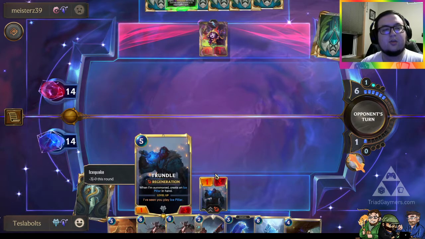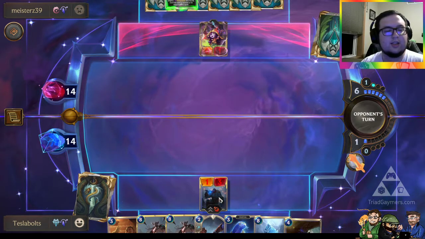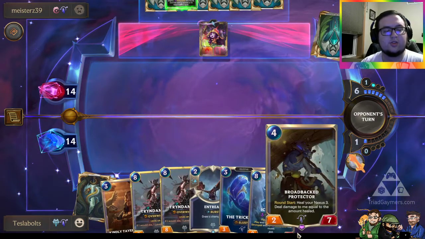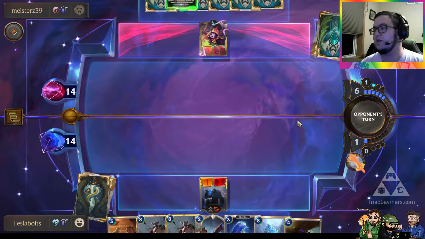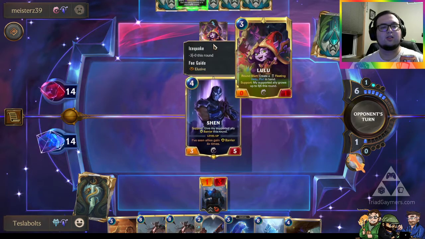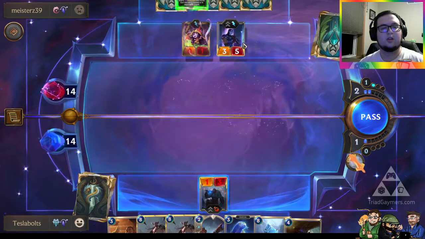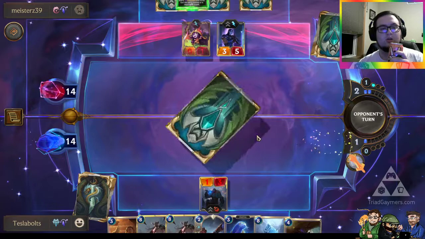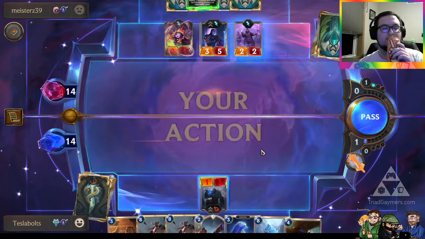I still have a 1/3 that can kill their 0/1 Lulu if I need to. But basically I kind of destroyed their aggro strategy that they were having by clearing 3 of their 4 minions. Yes, they still have Lulu, so they can still make something really good, but that's annoying. I think we're just going to pass then. I needed to clear their board or I was going to be in trouble anyway, so...